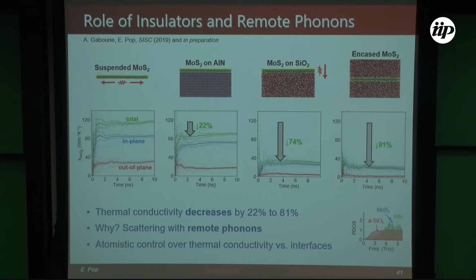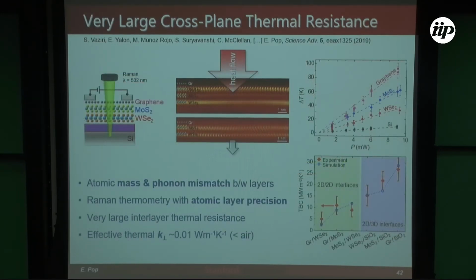Some of this obviously depends on the length scale, depends on the material, but I think it's interesting that there's some cool physics here between what the phonons are doing to the thermal properties of MoS2 in-plane versus out-of-plane, and there may be some opportunities for tuning this, to actually design insulators that are better thermally as well as electrically, and I don't think people have really thought about insulators from an